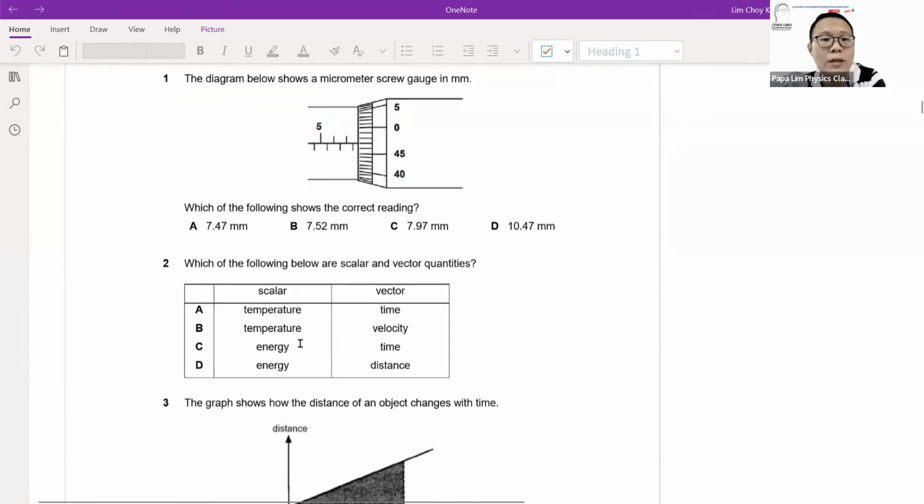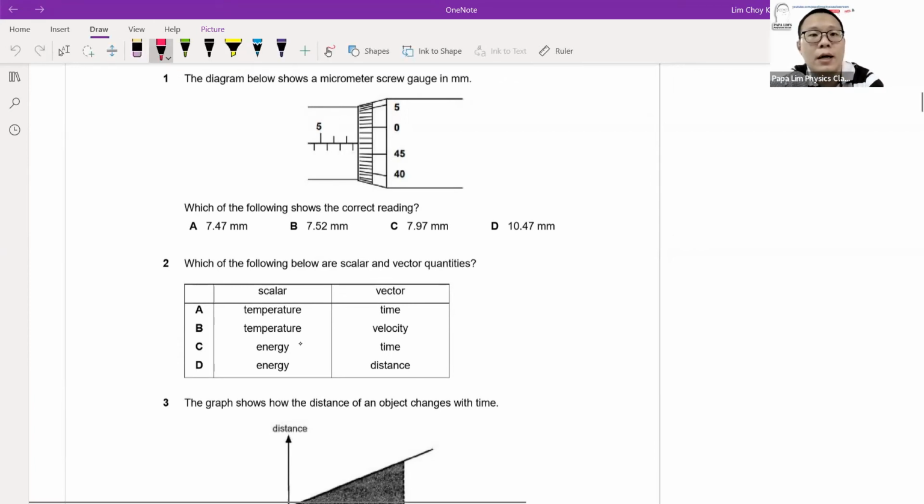Now, for question 1 and question 2, I will not dwell too much because, for example, in question 1, the idea of the micrometer screw gauge, the basic principles of using the micrometer screw gauge, is one of the key essential skills that students have to know. If you have forgotten about it,